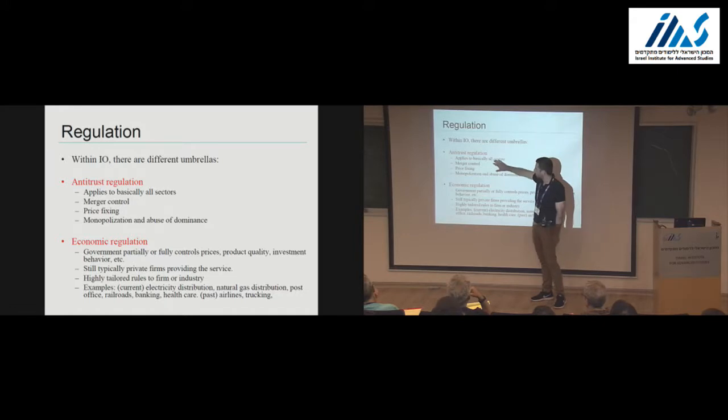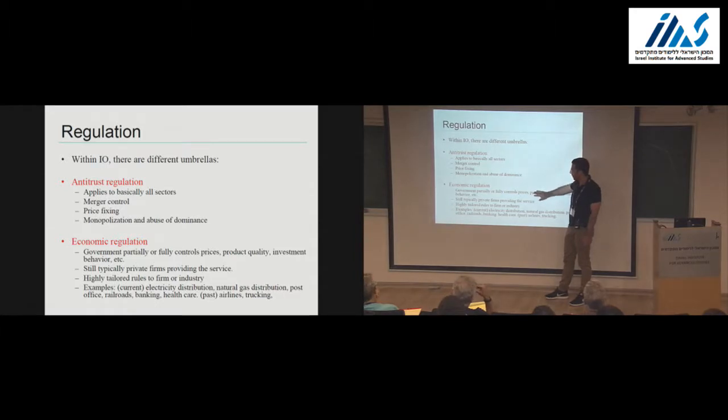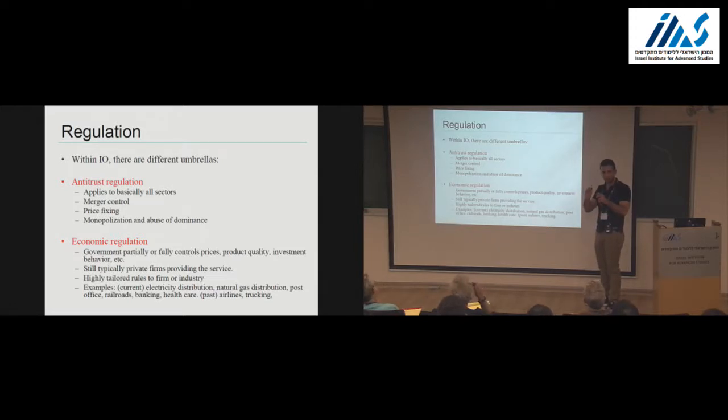So those all go under the sorts of things that the DOJ would enforce in the US. And then another umbrella is what I call economic regulation. These are where the government takes a specific sector and really tailors the rules to that sector. Okay, so like in electricity distribution, natural gas distribution, water distribution, the post office,